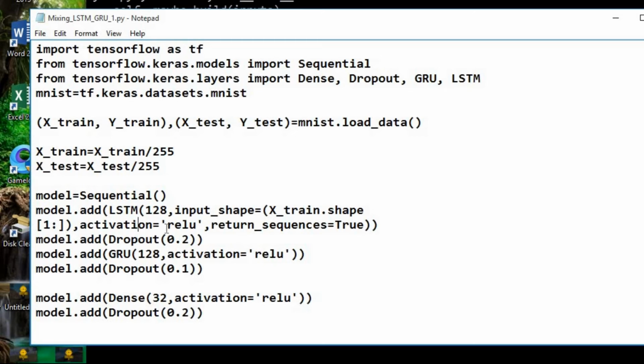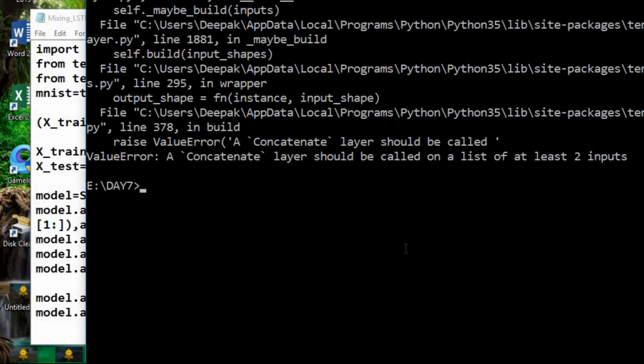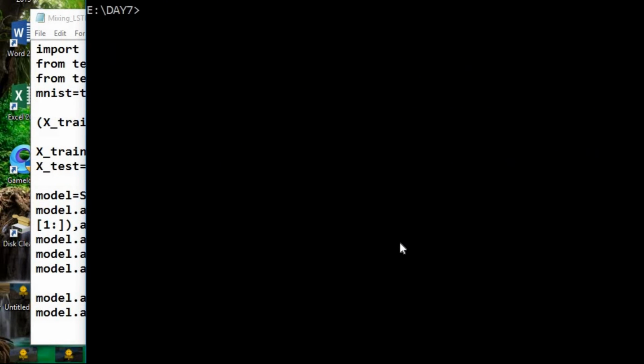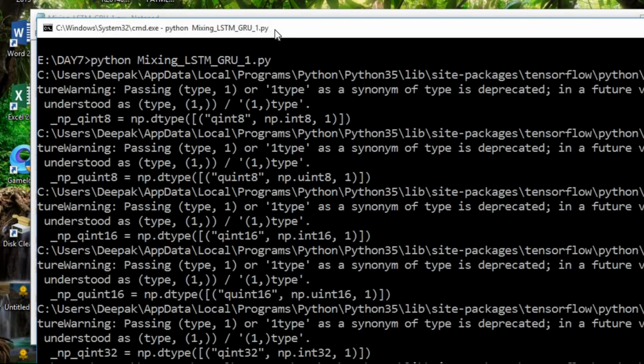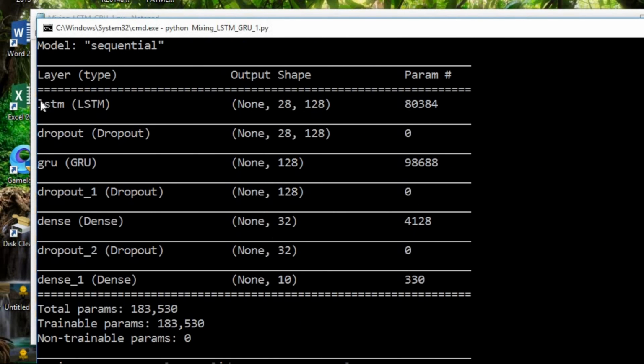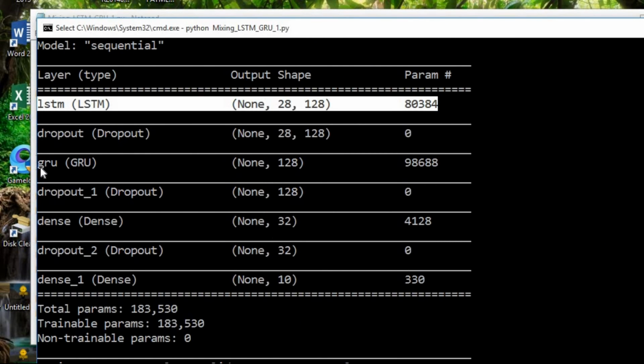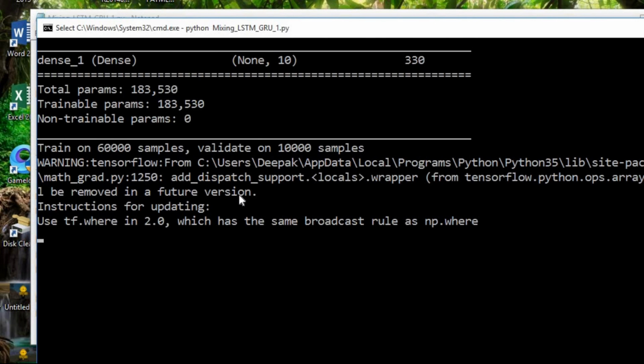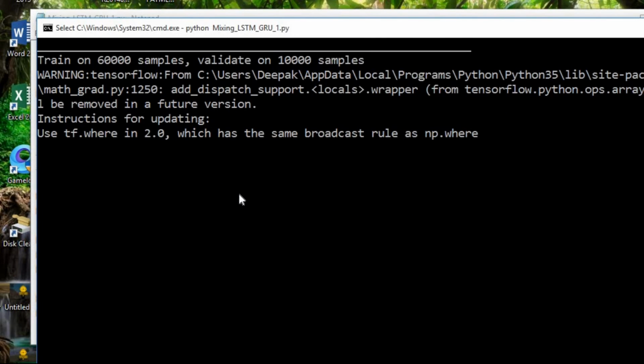So the input layer will be LSTM, the output of which will be given to GRU directly. Let's run the mixing file. Yes, LSTM is the input layer, GRU is the in-between layer. It is taking a little extra time to start the training.